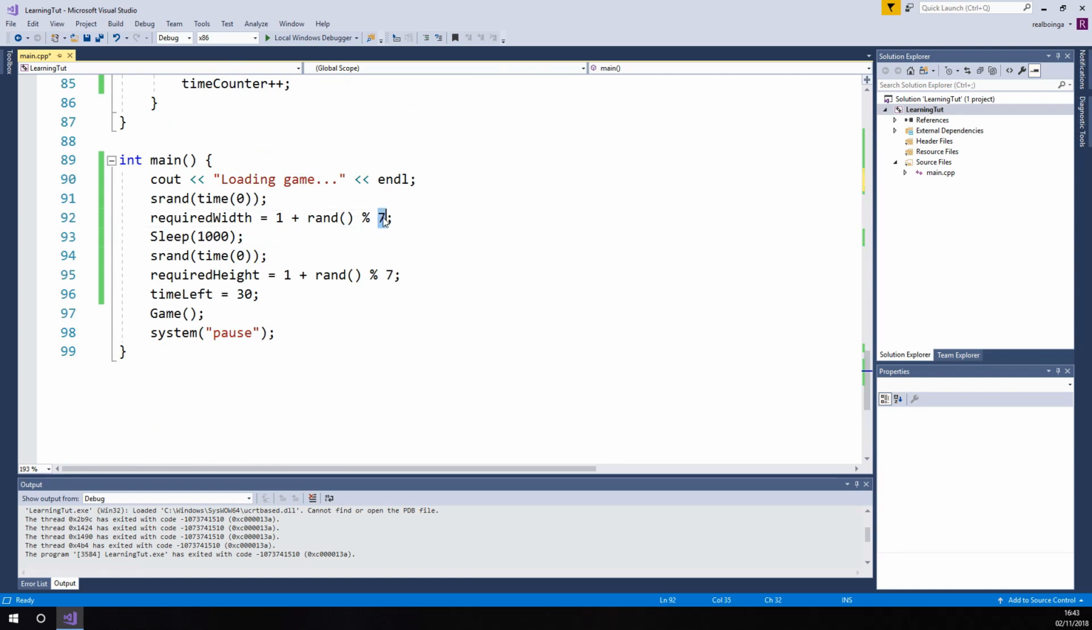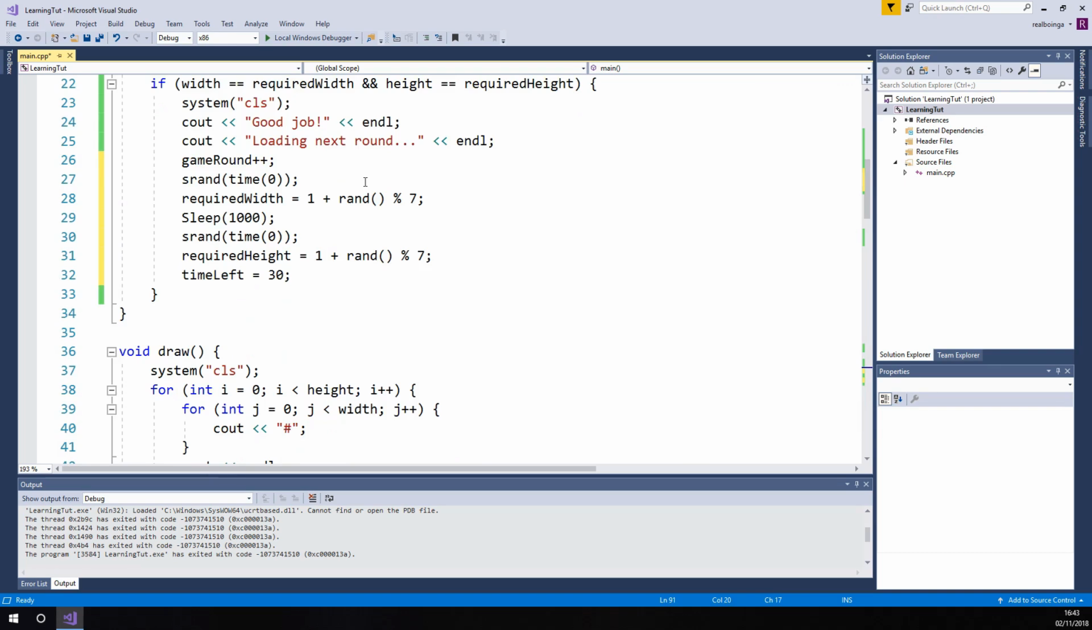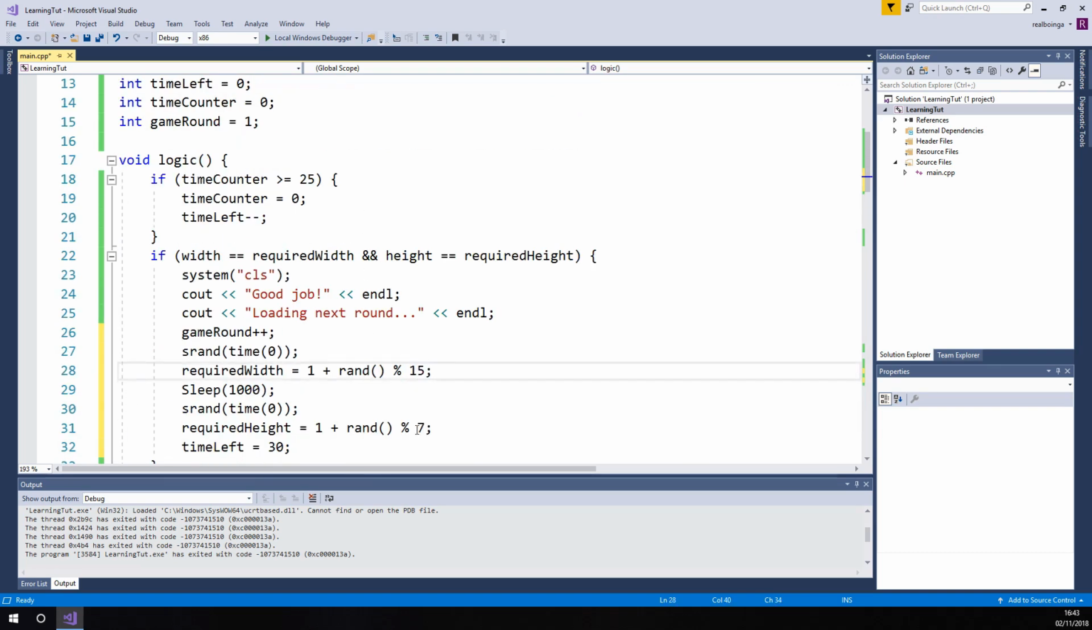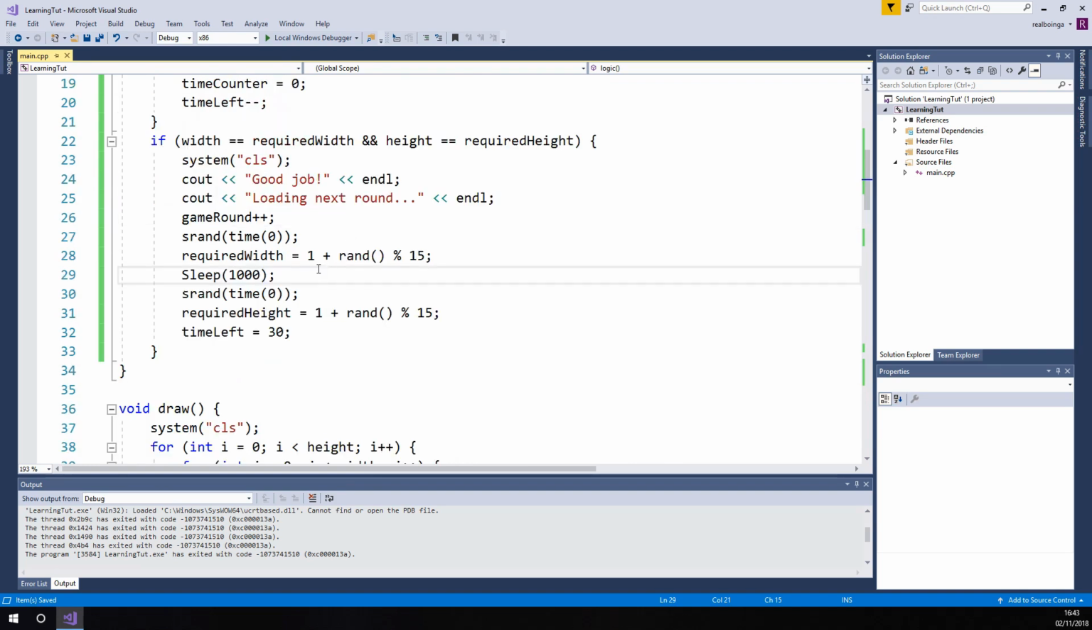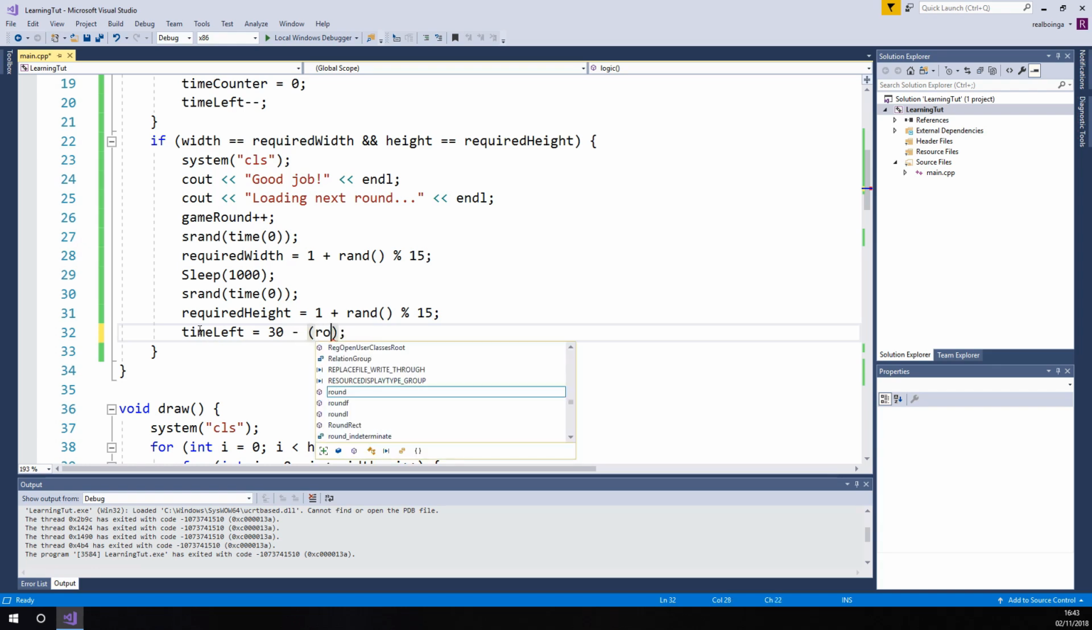Better idea. This will be 15. So there's like extremes. And here it'll also be 15. So you'll randomize again. But time left will be 30 minus game round. So when the game gets up to 30, that's how it works. Now, this is all good, but once the game round goes above 30, then we